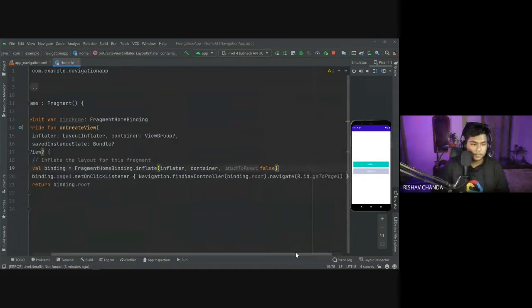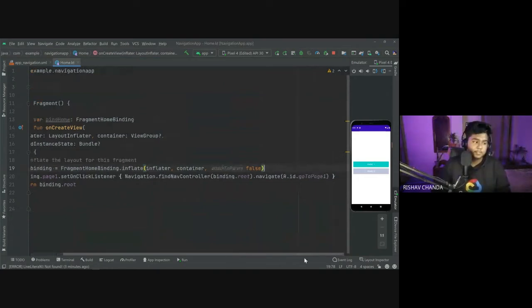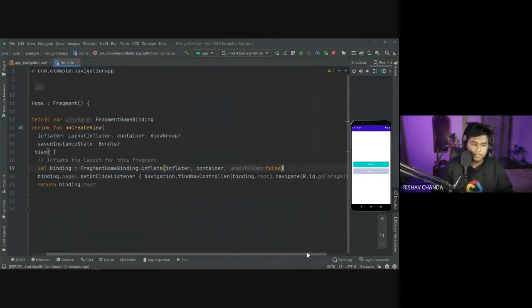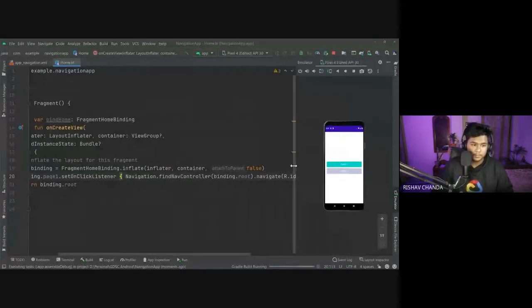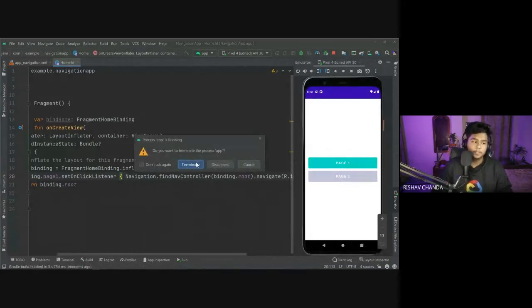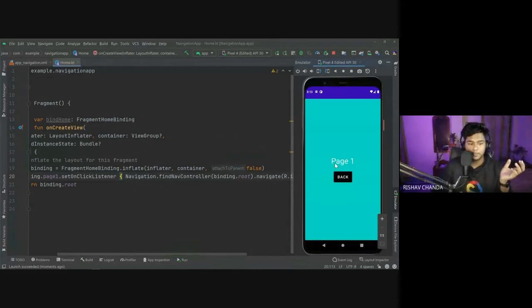Okay, so this is the simple one line code to navigate from one fragment to another. Like if you have used intents, you might know, we have to create the intent instance first, then we have to implement it. But this navigation is cool, so we can write it in a single line. Okay, so if you run this app now, you can use this page 1 button. So if I terminate this one, you will see that if I click on page 1, you can go to page 1. And congratulations, you are successfully navigating from one screen to another using the fragments, right?